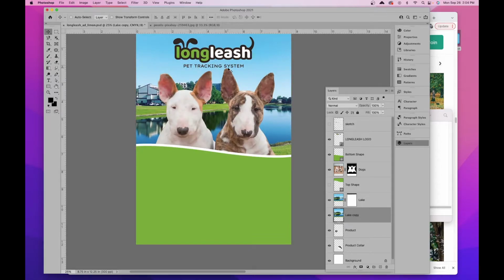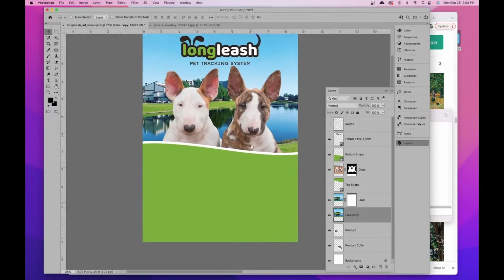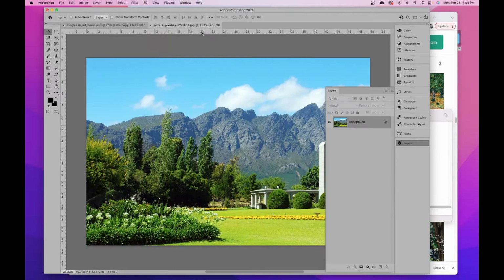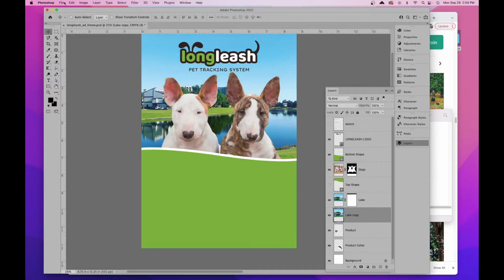And then our pet tracking system name is underneath Longleash, and it's between the dog's ears, so that looks pretty cool. So this is a good start, I think, and then we'll have all the information at the bottom. So let's go ahead and now let's bring in our phone. So file, open,